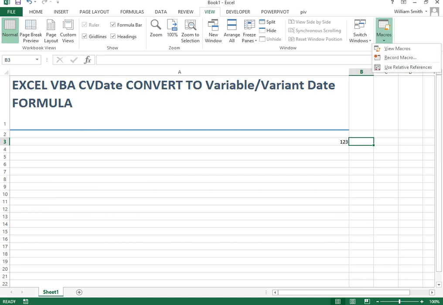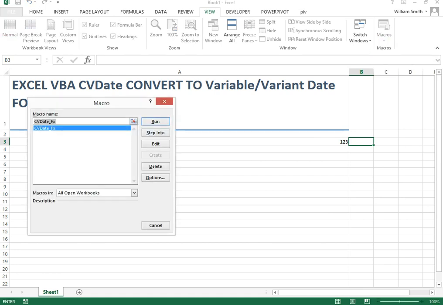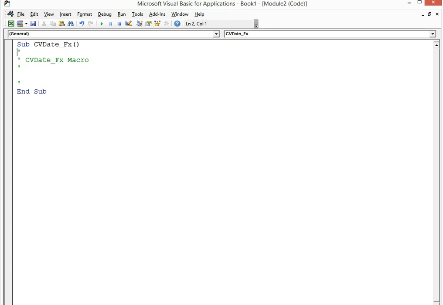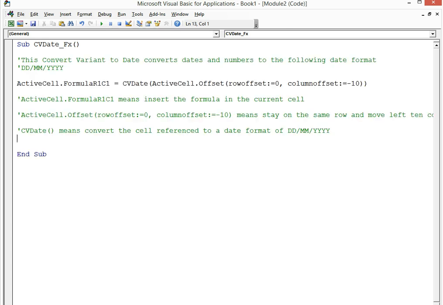Then in order to write the code inside it, I'm going to click on View Macro and edit that macro, and within this I'm going to get rid of these comments and paste my code in here. The bits in green are basically comments. In here you can see ActiveCell.FormulaR1C1 means insert the following formula as a value. Equals always succeeds the ActiveCell.FormulaR1C1 statement, and after that equals, you actually write your formula in,